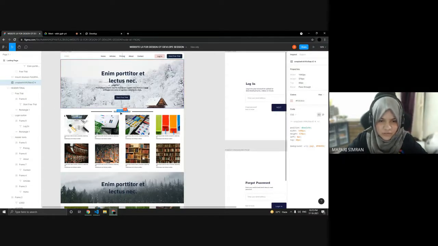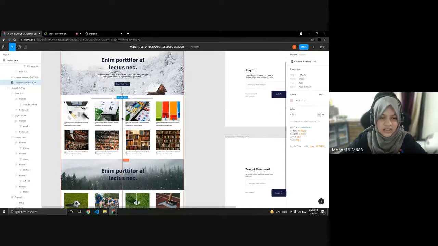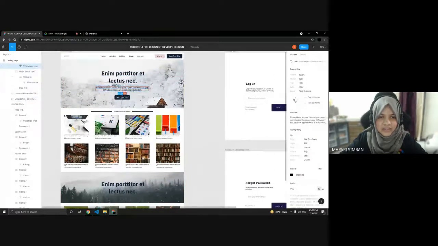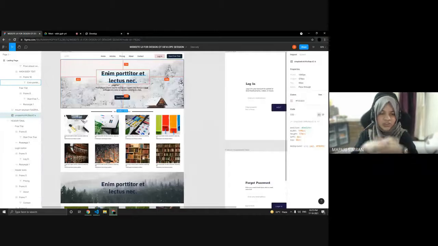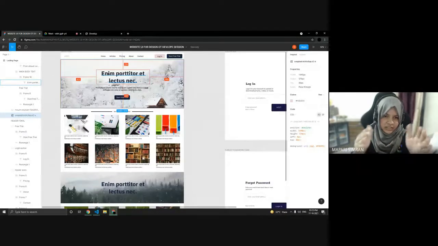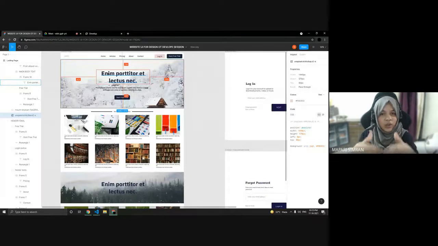It's 1440 into 570, and the image I have already downloaded, and I've shown you also how to download these images if you want to. And we have this text, so by Flex only we can approach this design. See, the heading, subheading and button are all below each other.